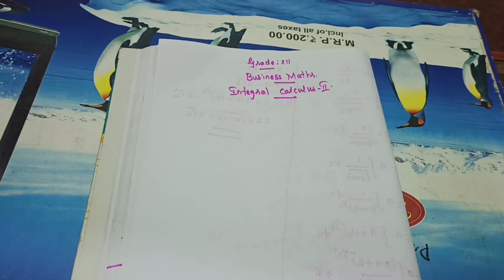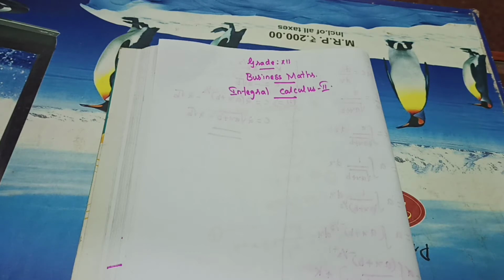For revenue, you will take the letter R, right? Always it will be R. Cost means C. Demand function means P. Revenue function means R. Keep all that in mind. Average cost means AC. Marginal cost means MC, that is dC by dx. Revenue function R equals Px. Demand function P equals R by x. So keep all these statements in mind, then it will be very easy for you.